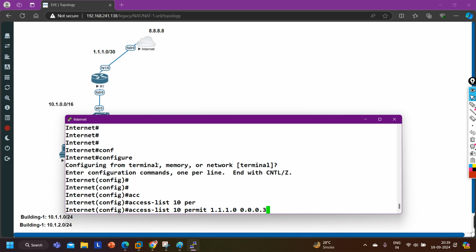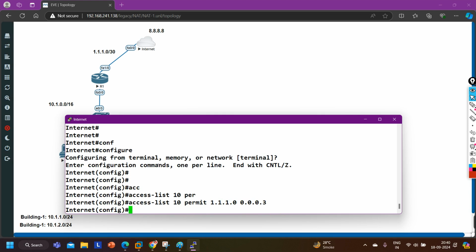What will be the wildcard mask? 0.0.0.3, wildcard mask, right? So we are only allowing 1.1.1.1 and 1.1.1.2 over here. Rest all IP addresses are denied.